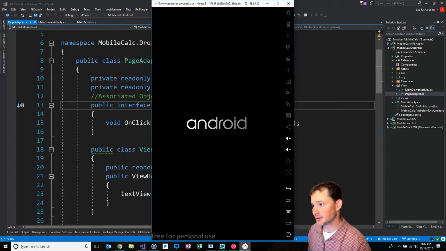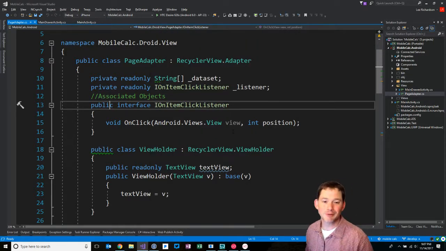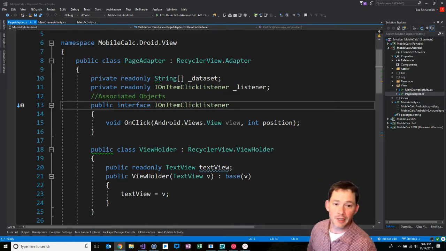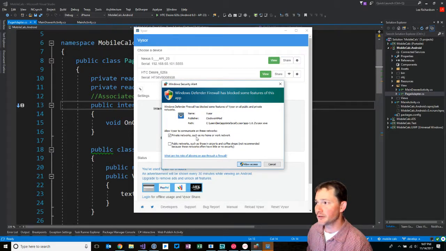How's this thing going? Oh boy, it is moving slow tonight. So we'll just start by digging into code. Worst case, if we have to, we'll go onto a physical device. And speaking of which, maybe I'll install Vysor, V-Y-S-O-R, which I should have probably installed a long time ago. Vysor is a really nice application for being able to remote control your Android device